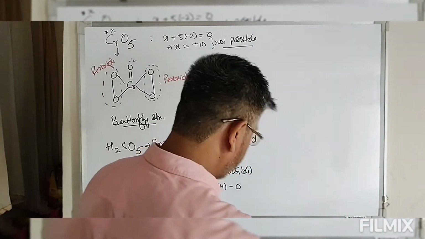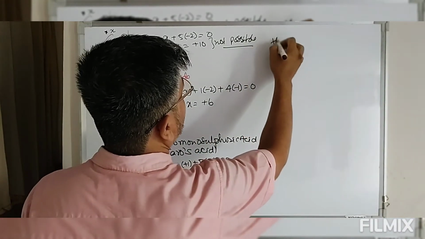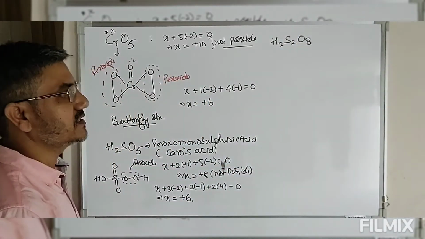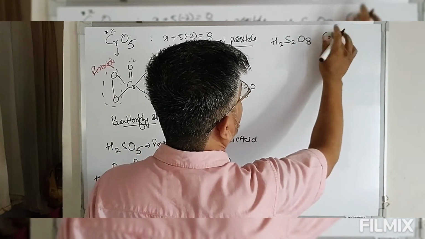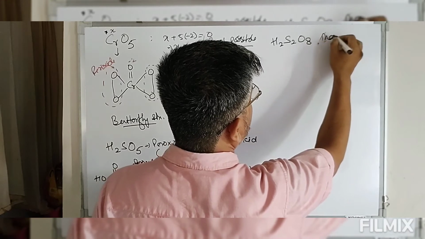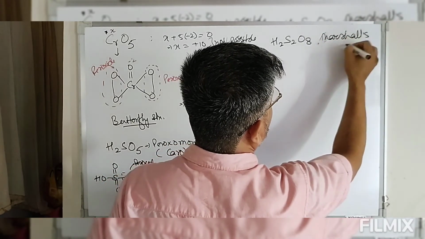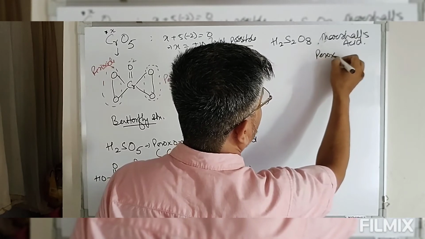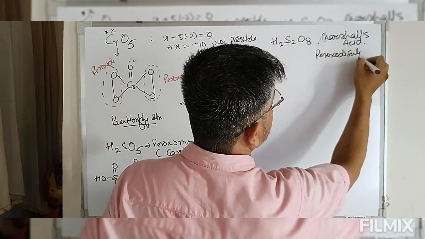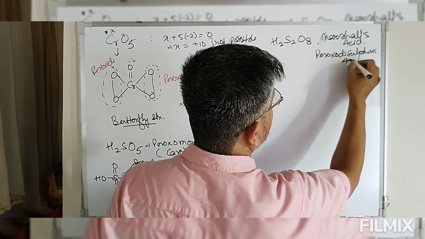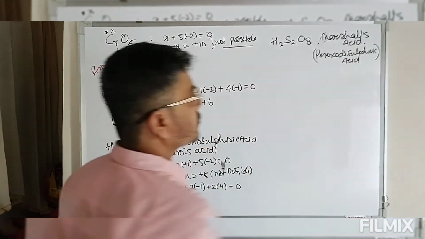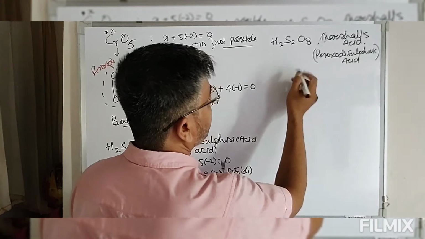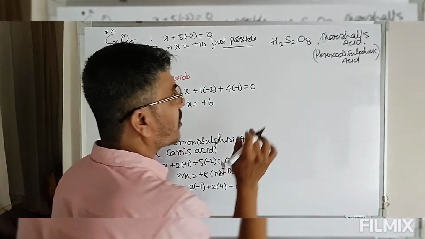Let's have some more examples here. Take this H2S2O8. This compound is known as Marshall's acid, also known as peroxodisulfuric acid. So again, if you look at this, assuming all these oxides to be normal oxide, so we have